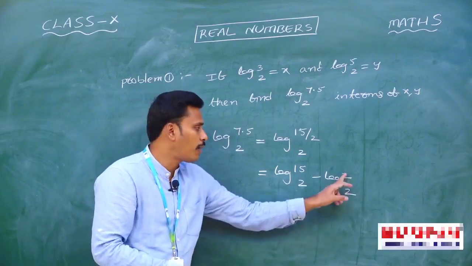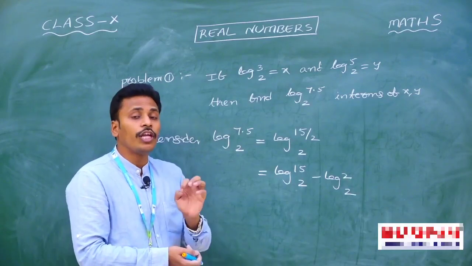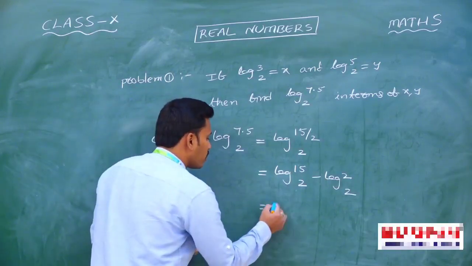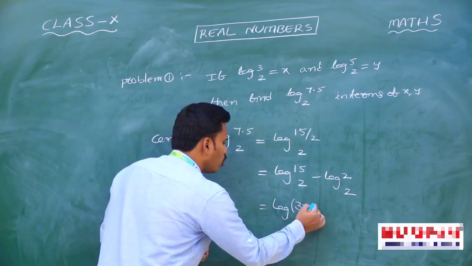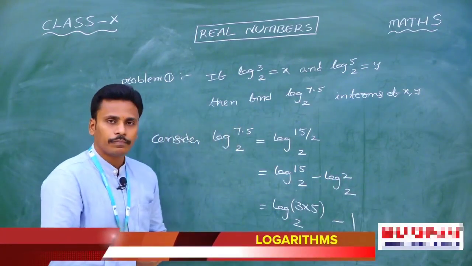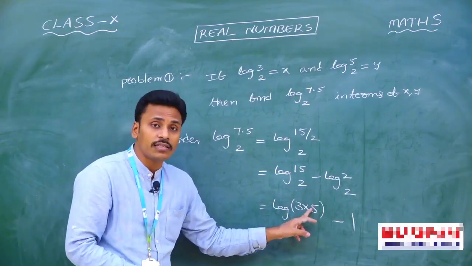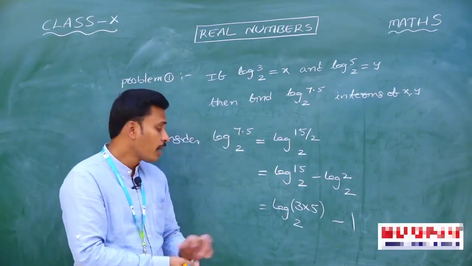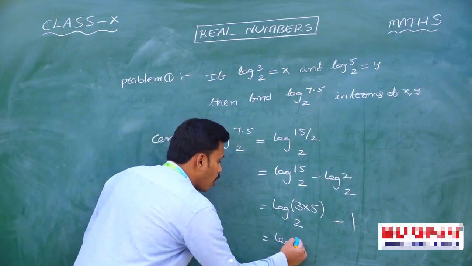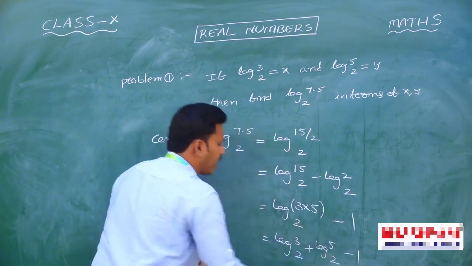We know it because the power and base are the same here. And logarithm of 15 base 2. Write this 15 as 3 into 5 because log 3 base 2 and log 5 base 2 are to be involved here, and that's why this is equal to logarithm of 3 into 5 base 2 minus logarithm of 2 base 2, which is what? 1. And now logarithm of the product 3 and 5. Logarithm of the product is sum of two logarithms, first standard law. And with the first standard law, this logarithm of 3 into 5 can be written as logarithm of 3 base 2 plus logarithm of 5 base 2, and this minus 1 is as it is.